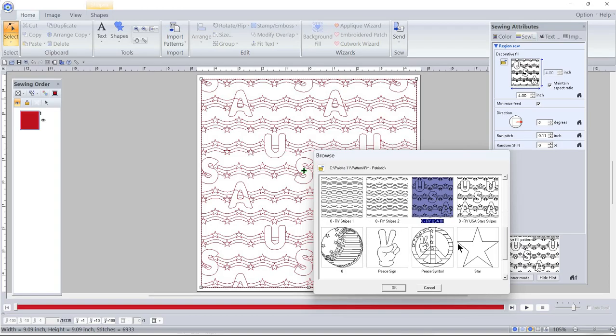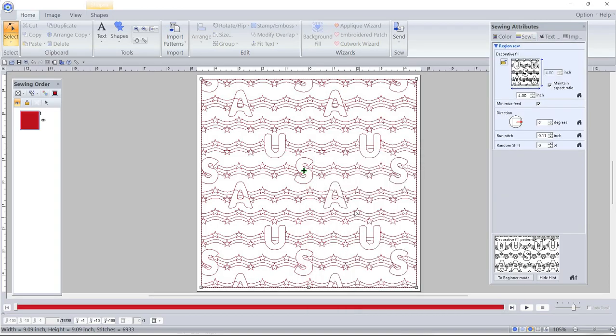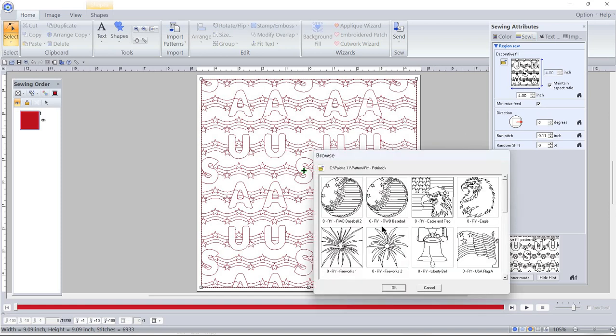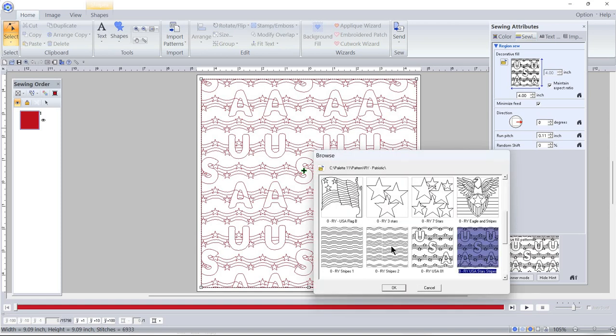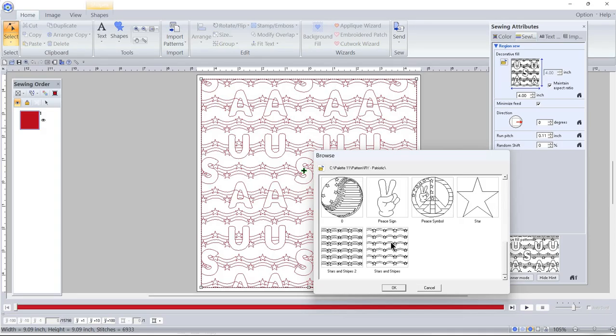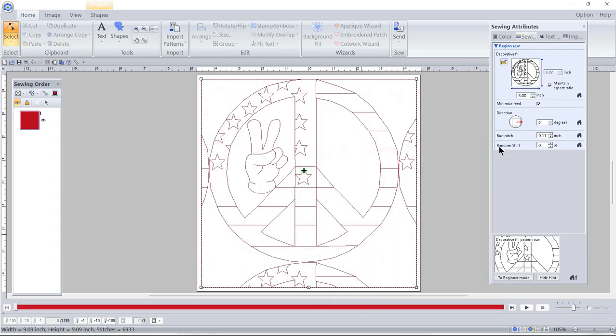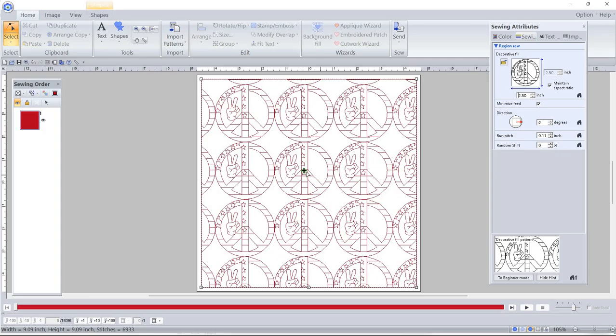Let's see what the other one was. I moved it around to change it like that, and that just really didn't look right. So I just went with the lines that I've used on quite a few of the designs. I played with this, and let's see if I put 2.50 here. It gives me a lot of peace signs, and I could move this over,